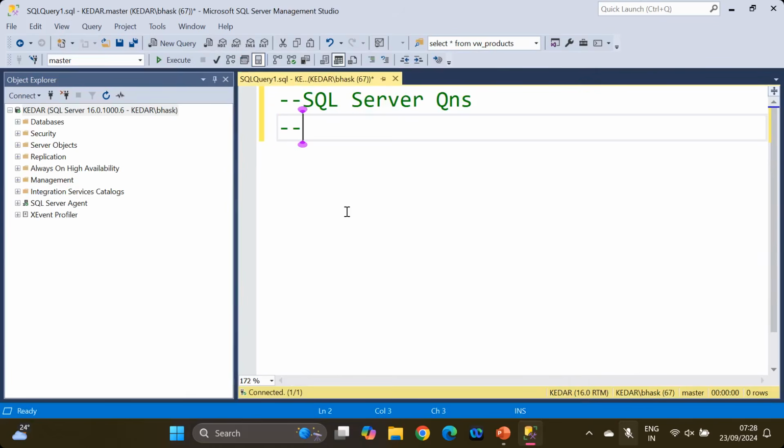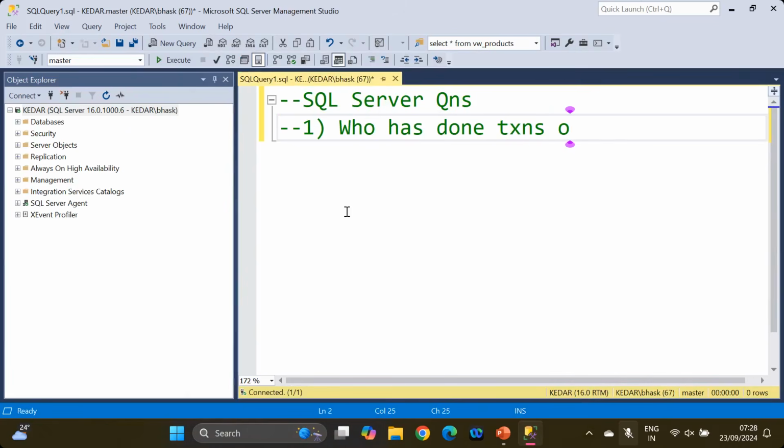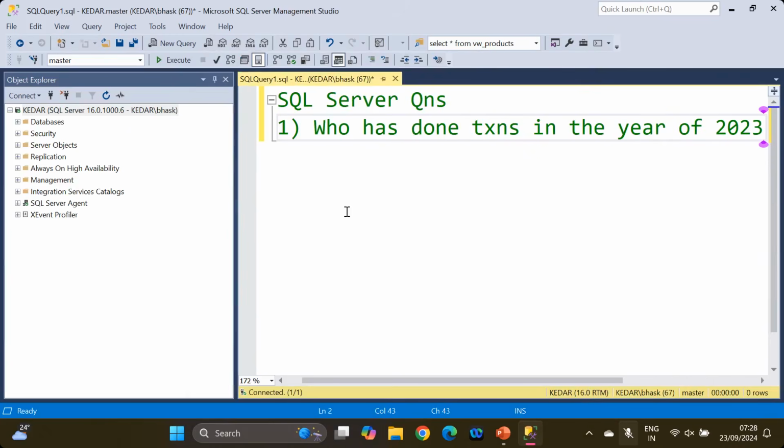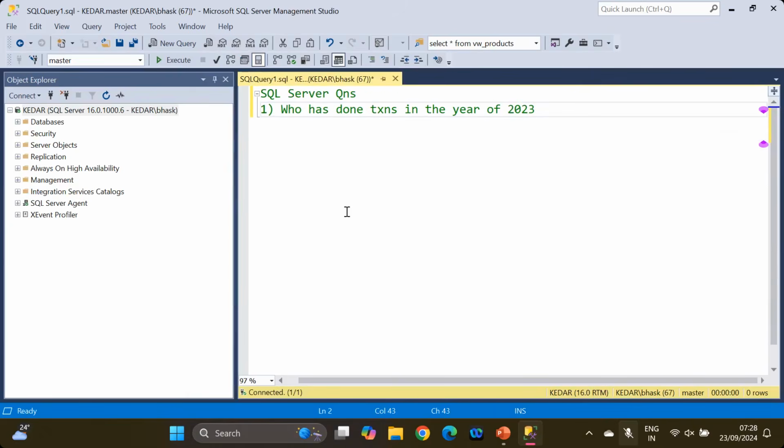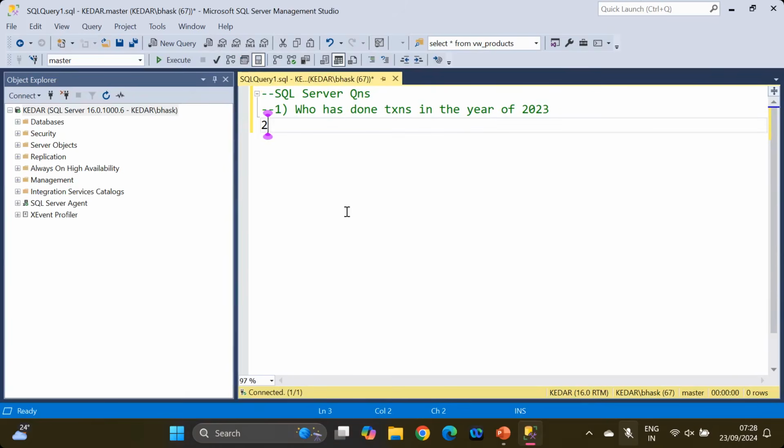So I wanted to know a couple of questions. Okay, so who has done the transactions in the year of 2023? So this is the question, right? Who has done the transactions in the year of 2023. Or I wanted to know,